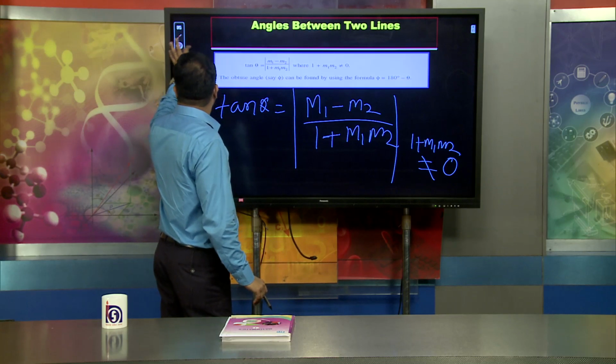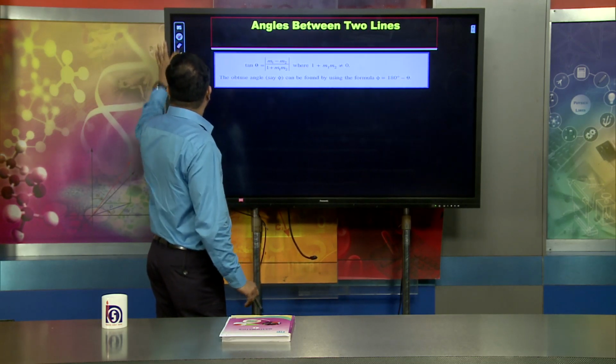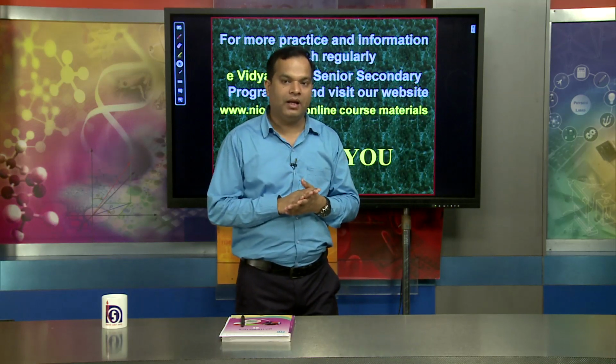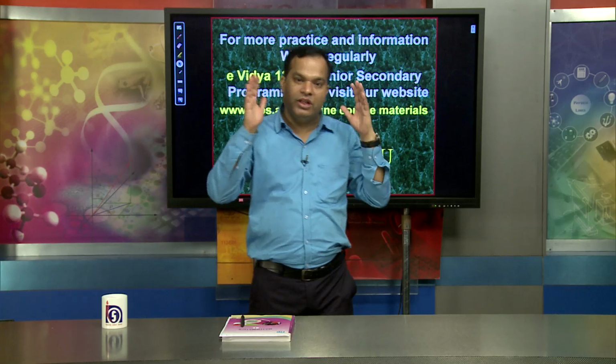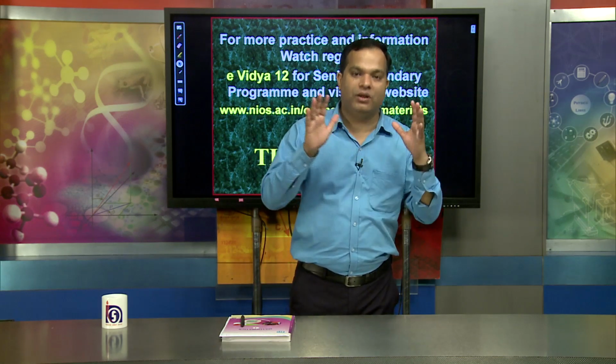Dear learners, basically when we are talking about the slope, the result of the slope gives many things. We can decide when two lines are parallel, when two lines are perpendicular, and what the angle between the two lines is. And this result we can find completely on the basis of the slope of the two lines.